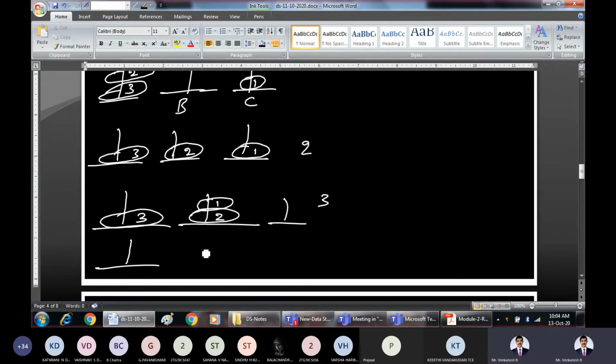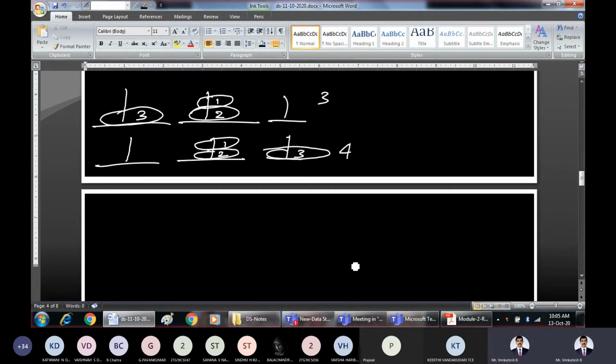Next scenario. I'll write the poles first. Ultimately this 3 should come here at the bottom. So I'll take this 3 and move it here first, and don't change the others. Keep them as they are, 1 and 2. How many moves are over? 4 moves. I hope you are following the minimum number of moves. I am writing this directly because I have practiced it. Once you learn coding and practice, you can write directly. For more than 2 disks, it will be difficult to imagine the number of moves.